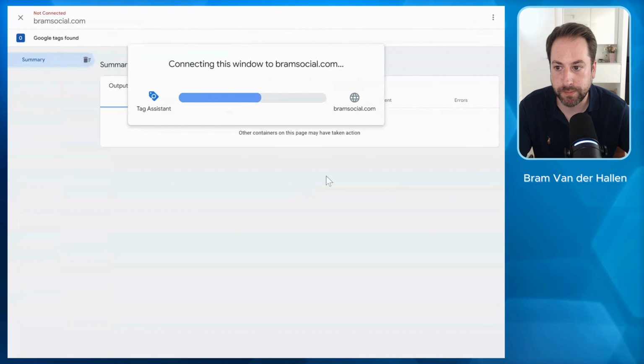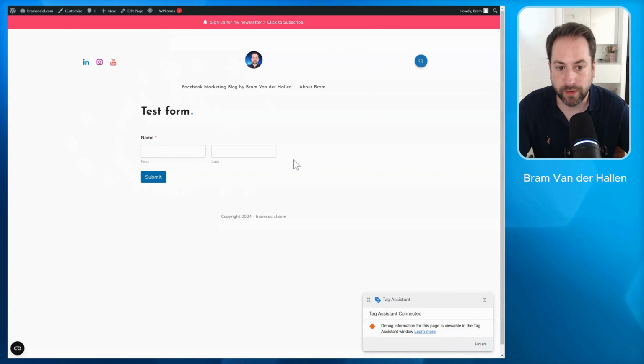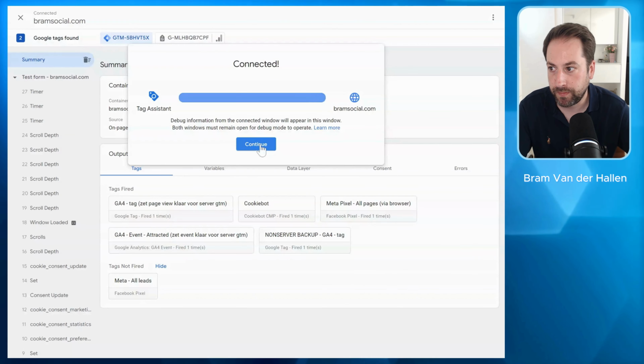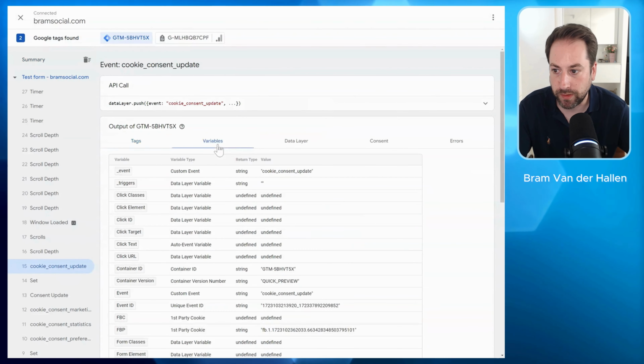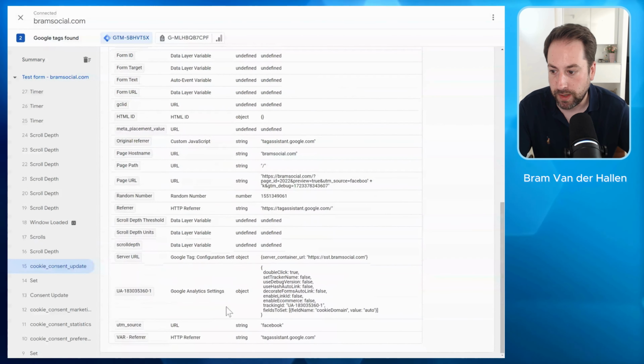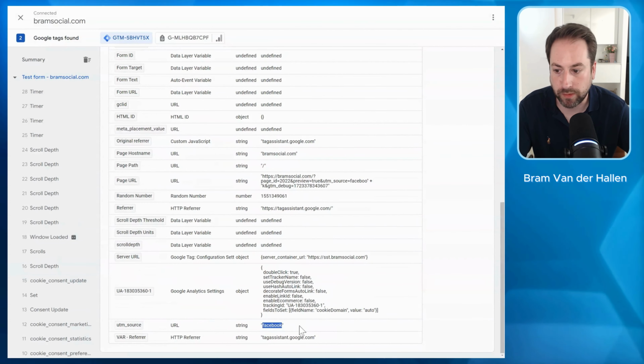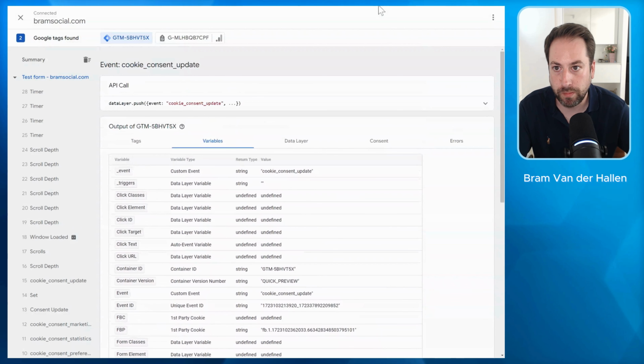So let's open the website. It opened the test form page. Now, when I navigate back to the Tag Assistant debug interface, I can see I'm at the test form page. And when I check the variables on this page, I can see that the UTM source is Facebook. So that's great. Now, the problem right here is that when I submit the form,